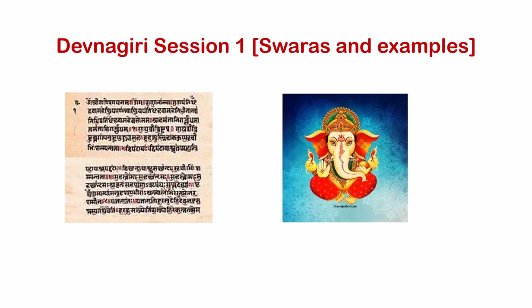Similarly, as we wrote a, it remains the same. You just have to add one more. Dandaha. What is this called? The line is called Dandaha. You add a Dandaha and you put the line above. It becomes A. It becomes A. I will write and show you. For your understanding, I'll just write a,